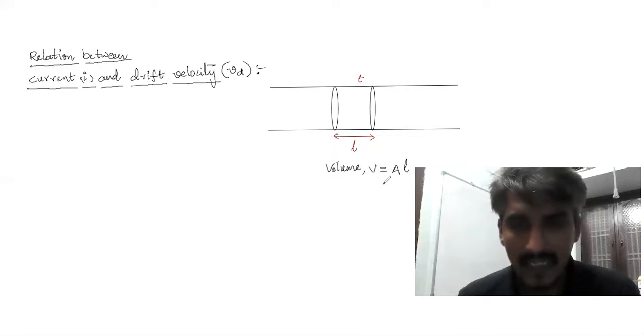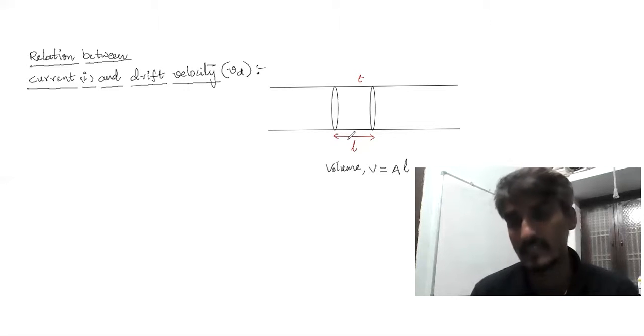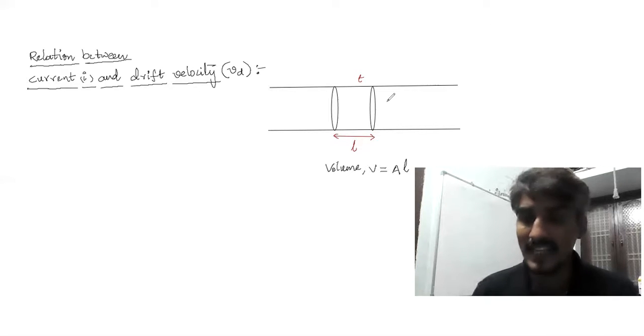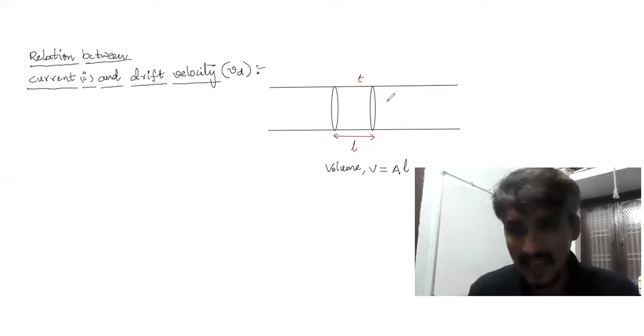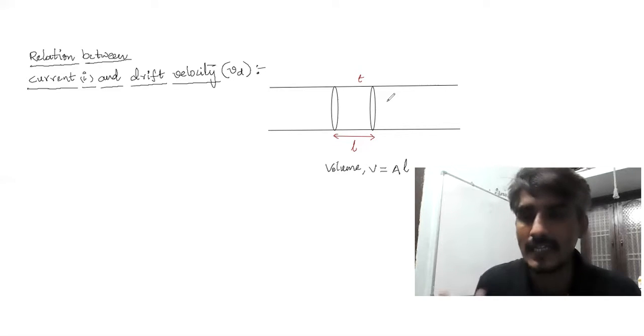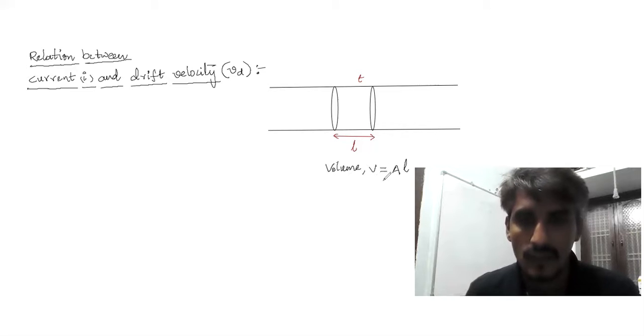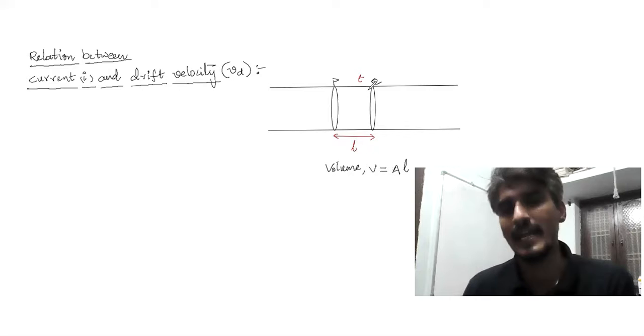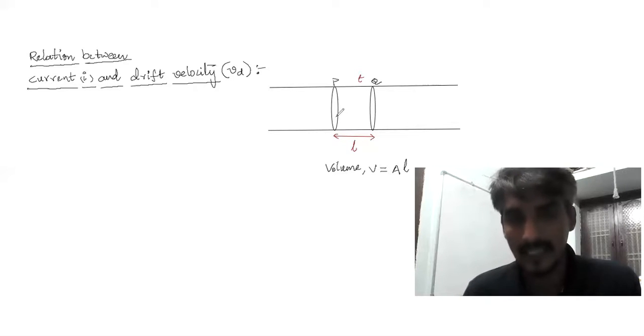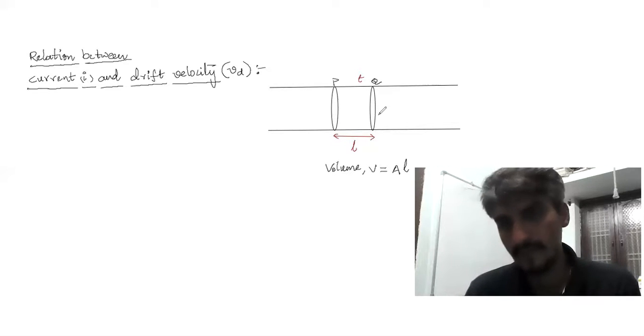Okay. And when the electron travels in this length, with what velocity does it travel? Obviously, previously we have discussed that it travels with a velocity called drift velocity. Am I right? So suppose it takes t time. Within t time interval, it is going from this point, let us take this point as P and this point as Q, so the electron is going from P to Q, which means it is covering